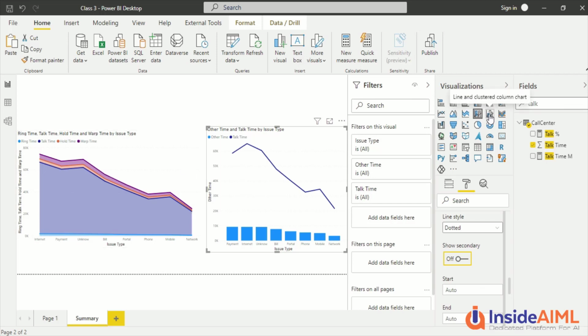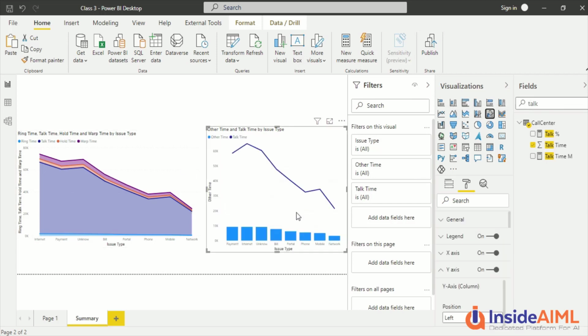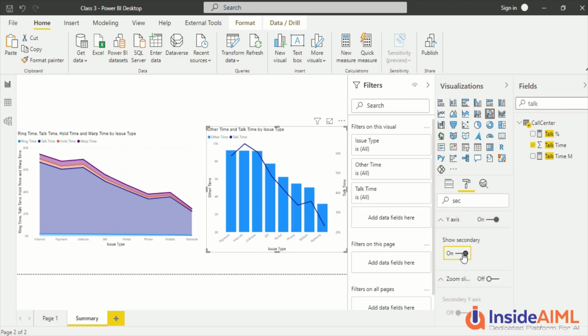Okay, now similarly we have the clustered column again. Now here, because we don't have the secondary, they are on the same one. But if I now go ahead and enable the secondary, and instead of that I can actually search and do it. I say show secondary on. So now I have a bar instead of stack bar.